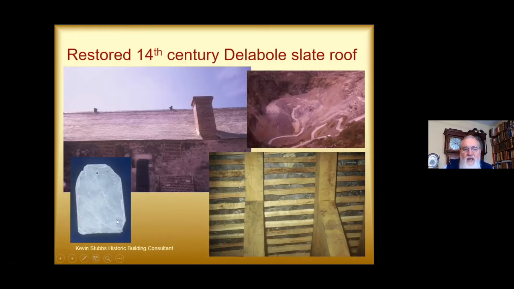And the slates were riven from the material, and you can see they've got a single peg hole, and they were hung on the riven battens within the roof on these single pegs. And there's a lot of archaeological evidence for these slates throughout Southampton. Also, in the documentary evidence, we find that